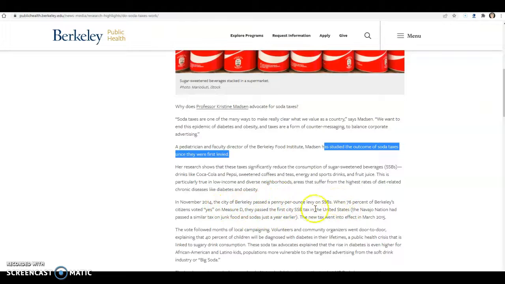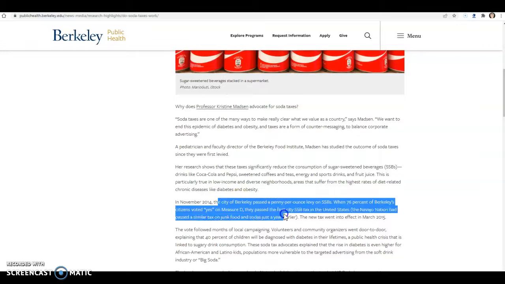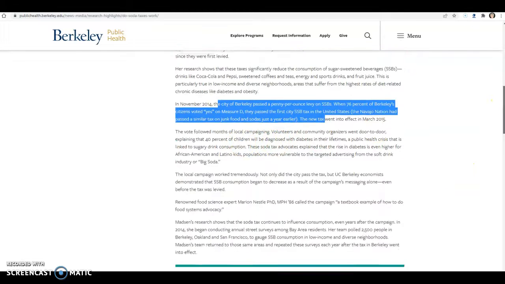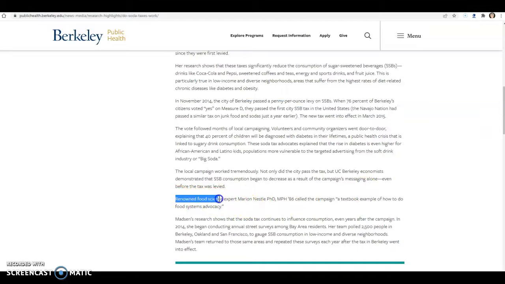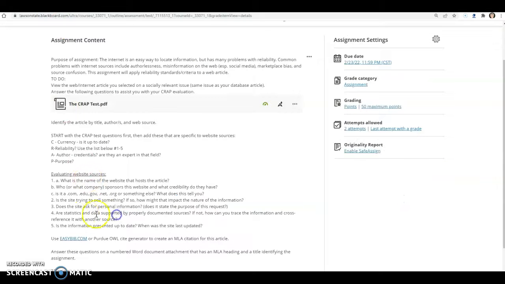Quotes has a lot of data here about the taxes, which is kind of common information in that area, but they tell you what that information is. And then they quote someone else, a renowned food science expert, Marion Nessel, PhD, Master's in Public Health, MPH, who called the campaign a textbook example of how to do food systems advocacy. What I'm showing you is exactly what I'm talking about here,